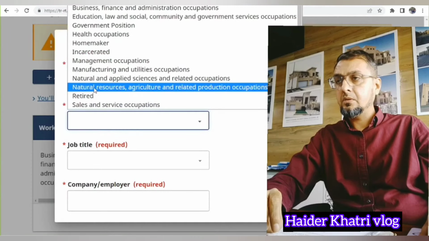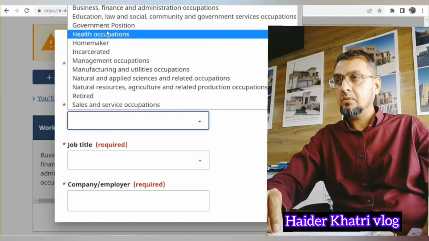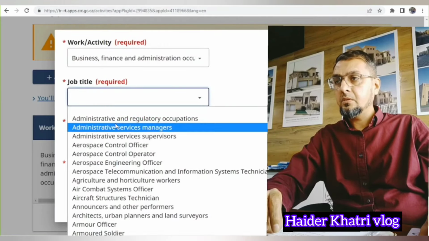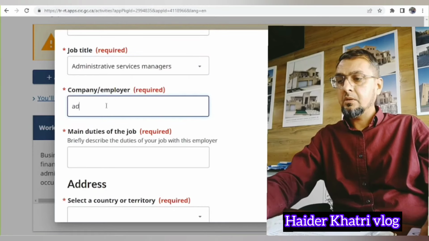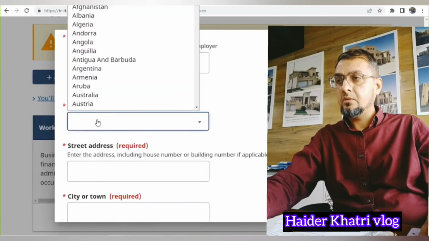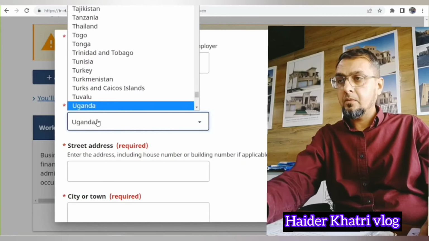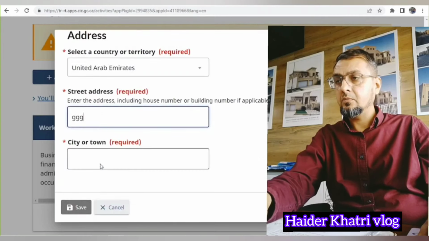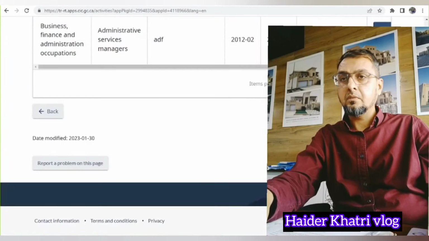Work activities: natural and applied, government position, business, finance, occupation. Copy any of them, ABCD, and the main duties, whatever you have. Dubai, United Arab Emirates, anyone you can put down here, and save and continue.